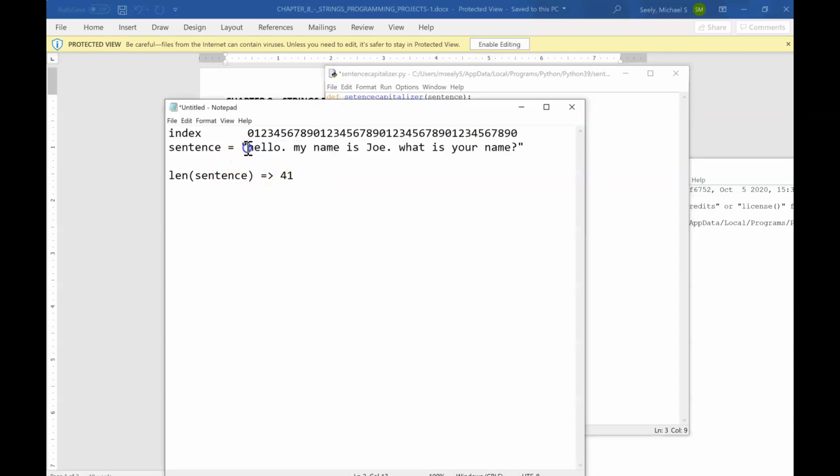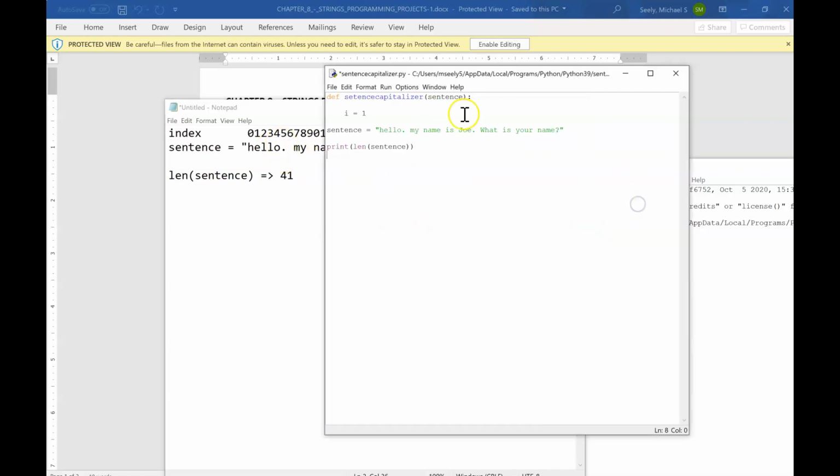The first one we want to do is always going to be in position 0. And then for the rest, you don't know where the sentence is going to be. The only way you can tell is if there's a period and then a space. And that's where a new sentence would start, okay? And there's 1, 2, 3 sentences here. The reason I put 1 down here is because